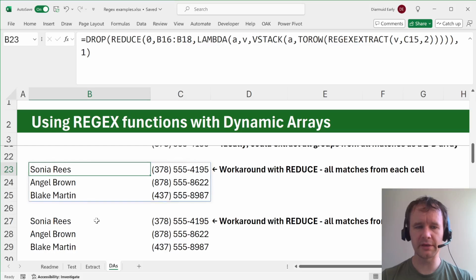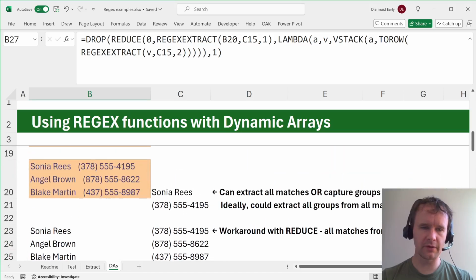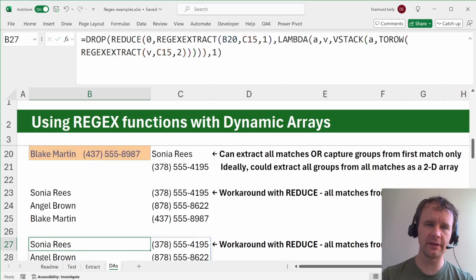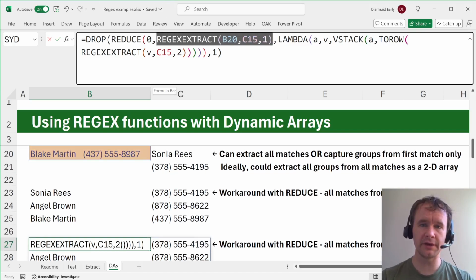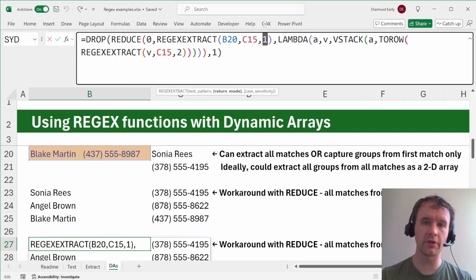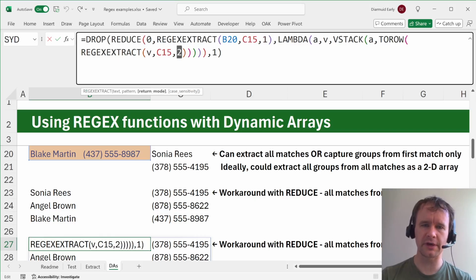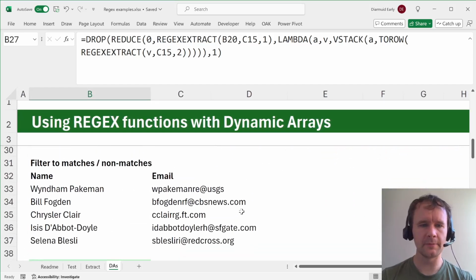And a pretty similar idea here if you're working with data where it's all in one cell to start with, except that then the array that you're going to iterate over is a regex extract where you extract all the matches. Sorry, I keep mixing up matches and groups. Yes, all the matches, and then for each one of those, you would extract each capture group from that.